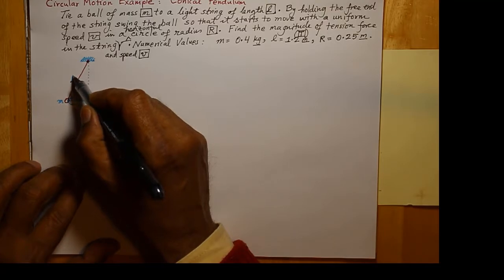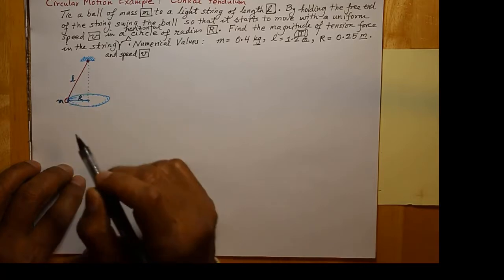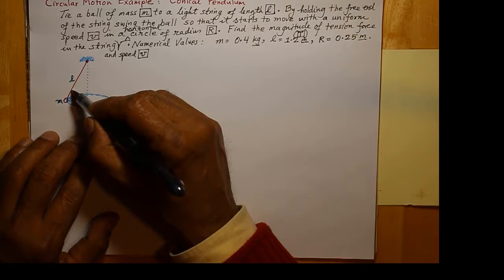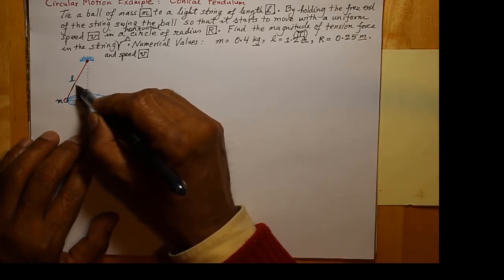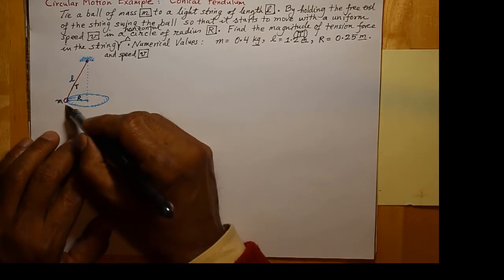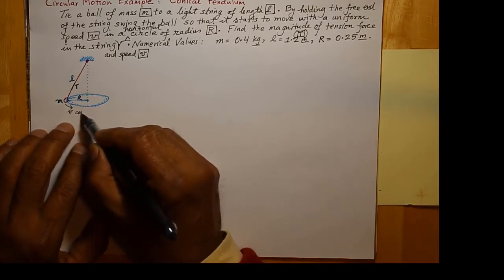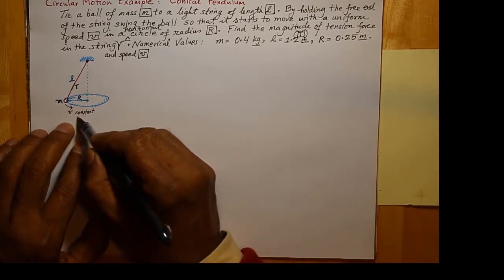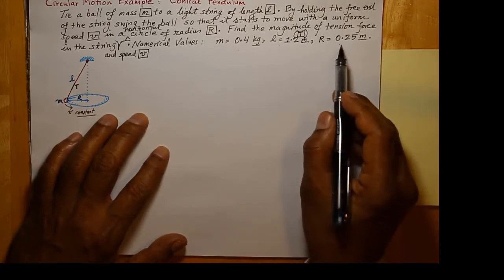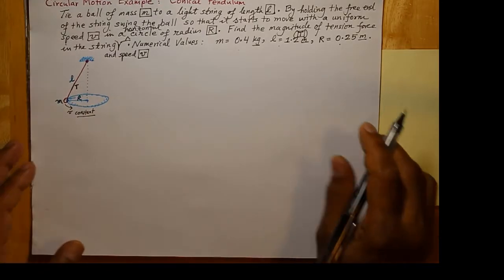So L, radius r. These are given to you, and then you're supposed to find the tension, the magnitude of tension in the string, and you're supposed to find the speed at which the ball must be going, which is constant. So you can use these numerical values if you like, and maybe you want to take a moment, try it out yourself,